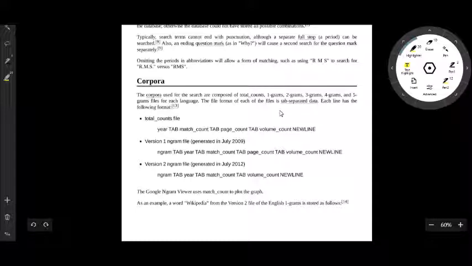You can read all by yourself. History is there, operation, restriction. Then you will see that later on, this is the advanced form of the textual analysis, which again I take it during my workshop. So maybe I will go ahead and introduce how to understand the basic ones, like total counts: 1 grams, 2 grams, 3 grams, 4 grams. All these things are available, and we will understand how to perform.